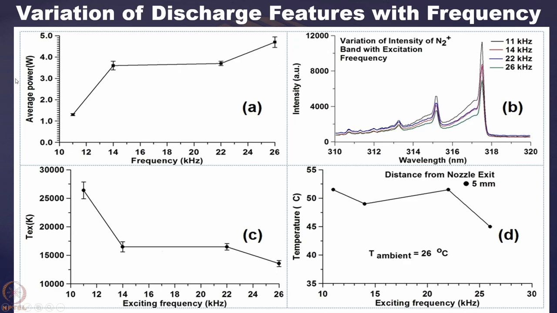So this is the average power dissipated. What is the order? This order is around say 2 to 4 watt. So that is the kind of power that is dissipated in such devices. As I was telling you, they consume a very low amount of power, and the kind of behavior that you are seeing here, the trend may be similar,